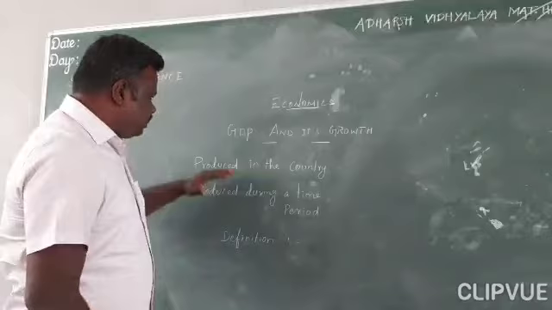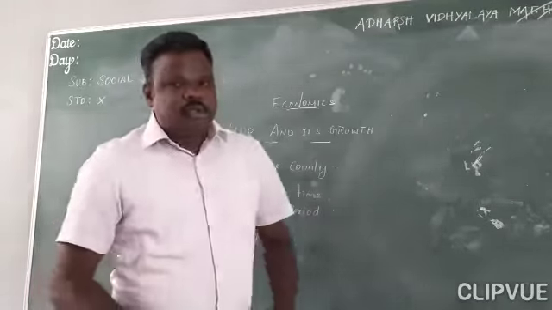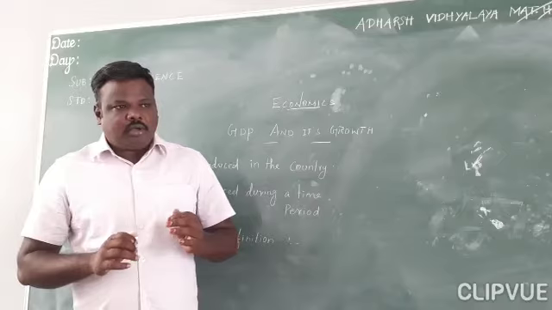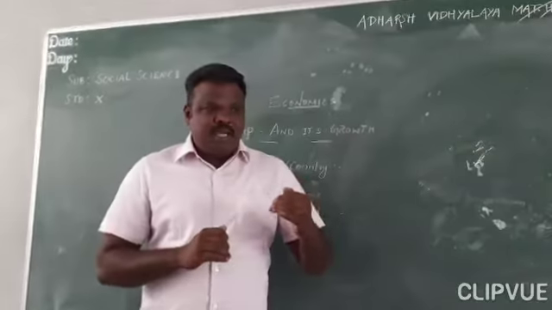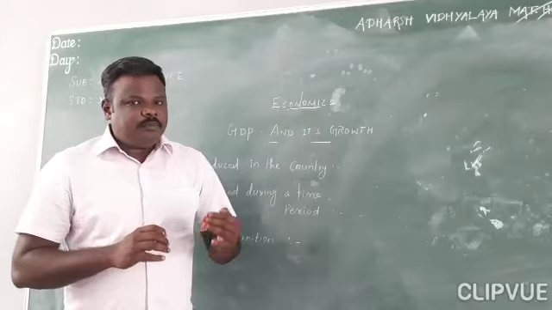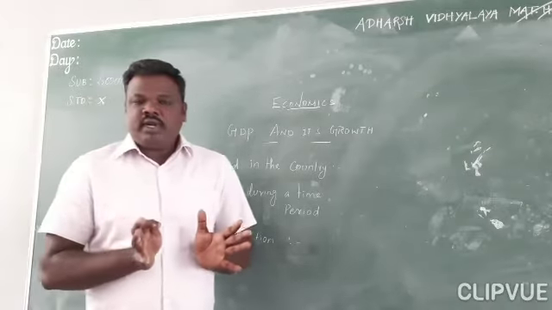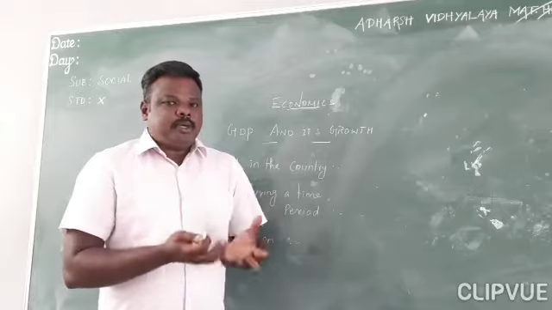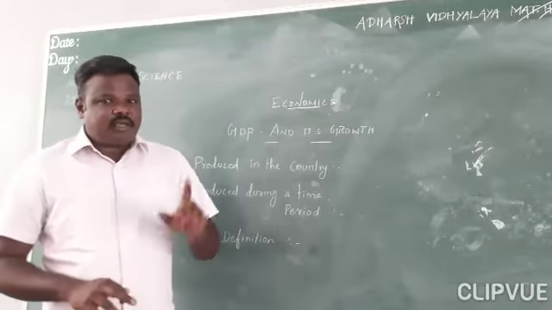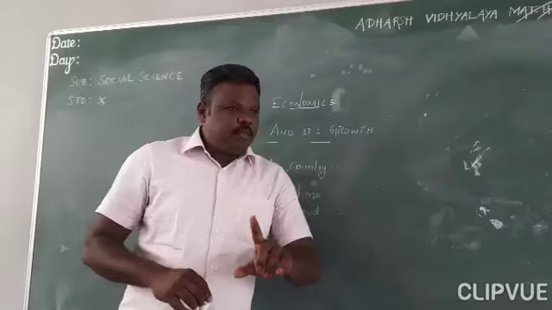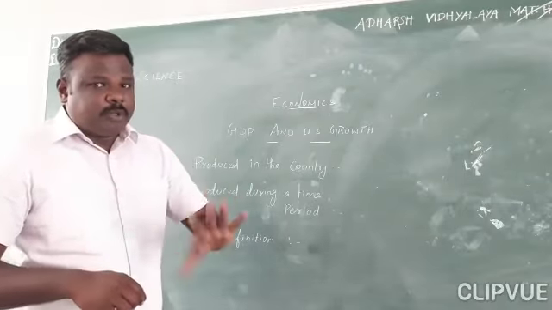Okay, so at this point you see produced in the country. So now GDP measures only the final value of the output. Okay, so what is a GDP now? What's inside the boundary of our country, what we produce, the final value added. So inside the boundary of our country, keep in your mind, inside the boundary of our country, what we produced,